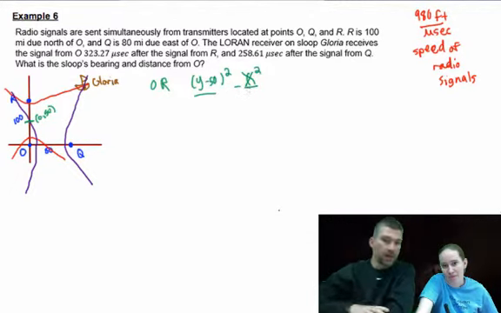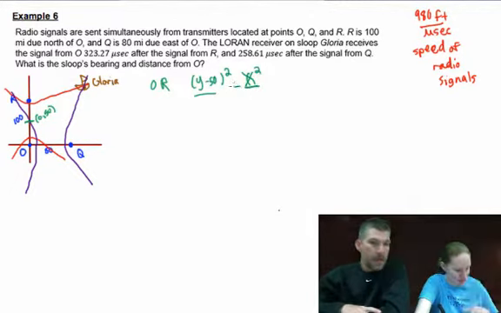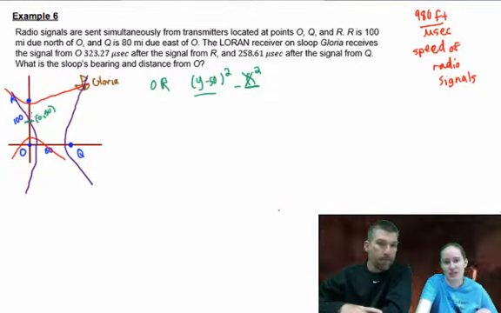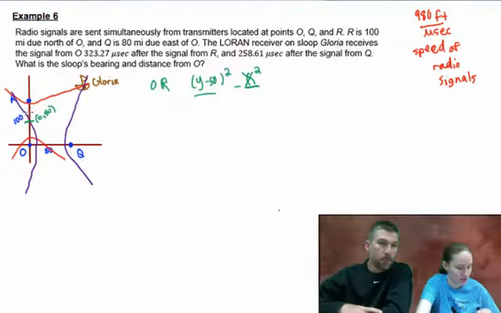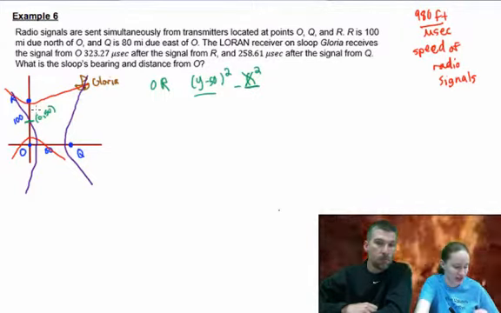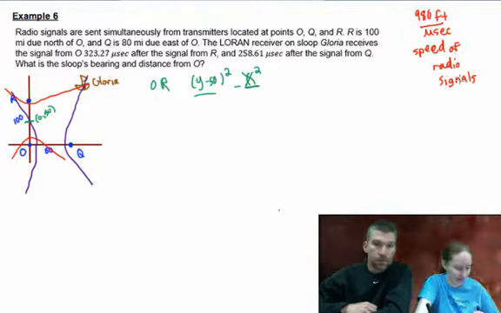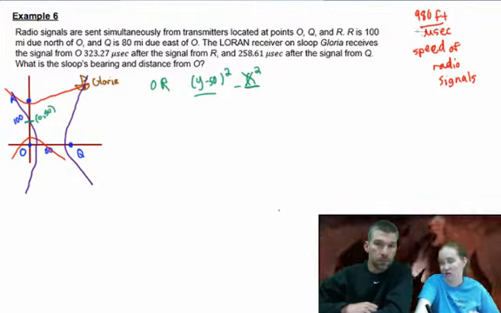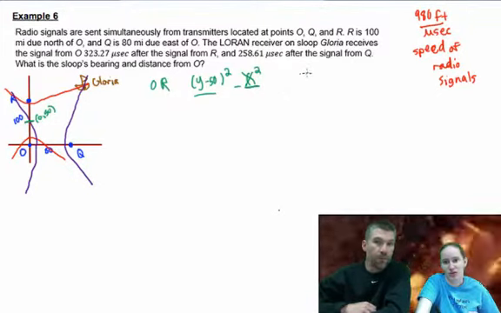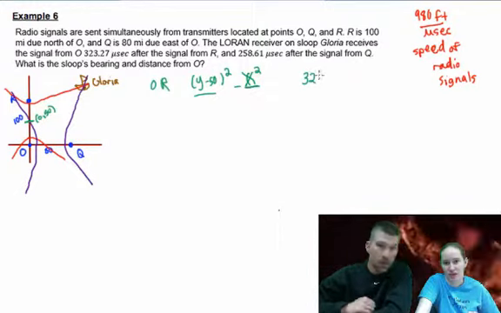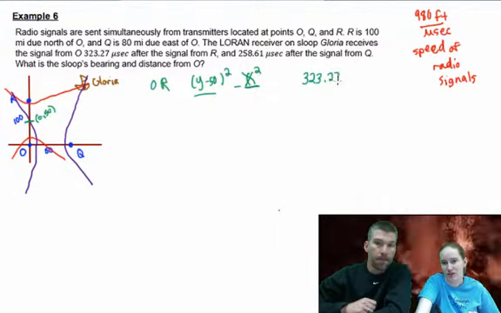We just need to figure out what needs to go underneath on the bottom. To find A, which is this distance right here, we're going to use the microseconds they gave us times the radio signal speed and then change it from feet to miles. Because we have feet per second, right now we have 323.27